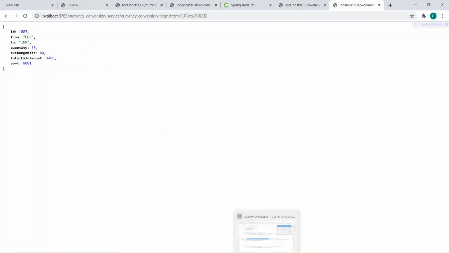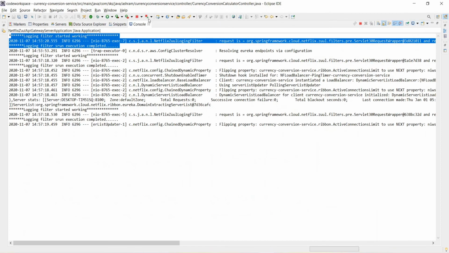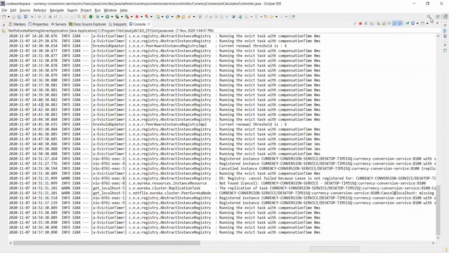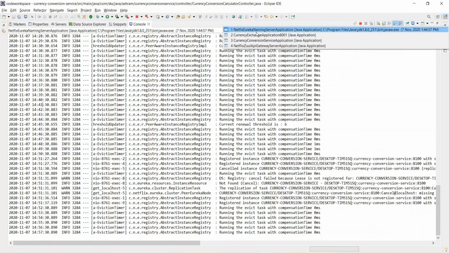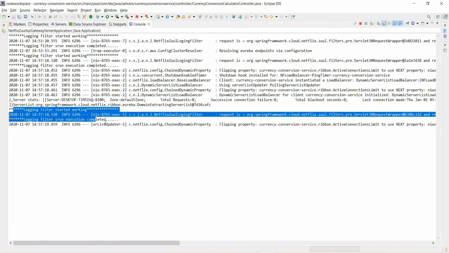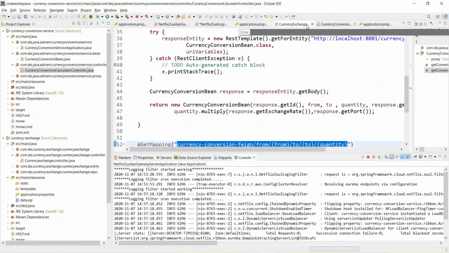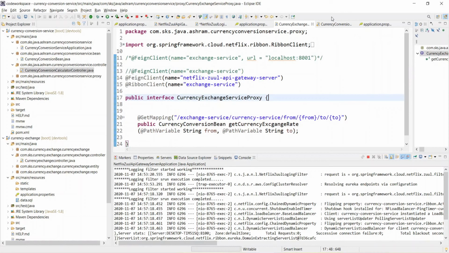Now if you go to check the console, again come here, go to the Netflix Zuul API gateway server, and things will be coming here. Each time the requests hit the Zuul API gateway, we have written the code to execute this.